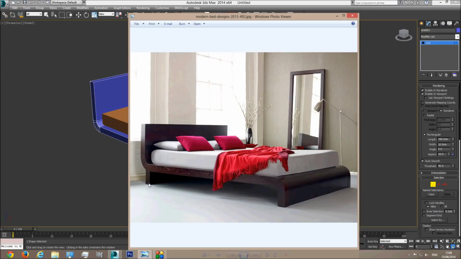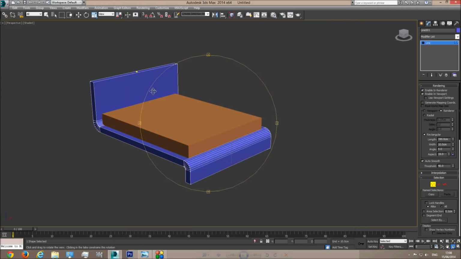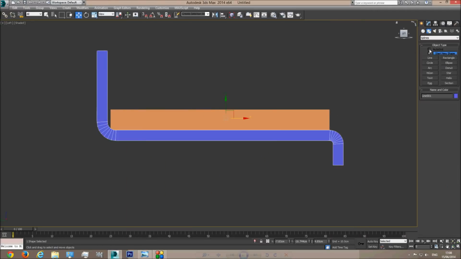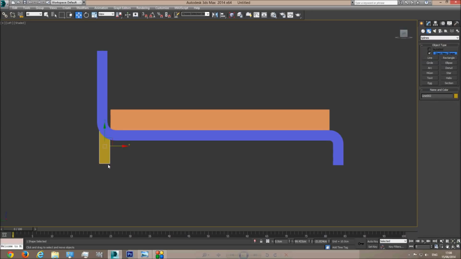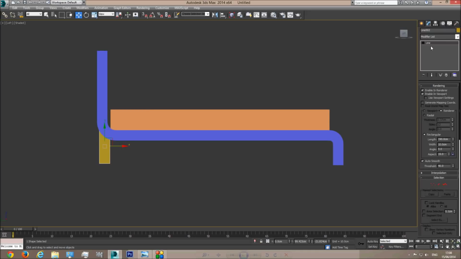Next thing I'm going to do is create this leg here. So I'm going to go to the left viewport and just create a line, holding shift so the line is straight and not go to the sides. Now this line here needs to be exactly as high as this one because this is the ground. So I'm going to take this line,